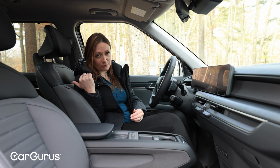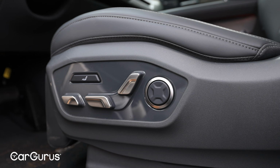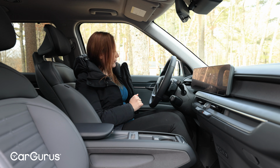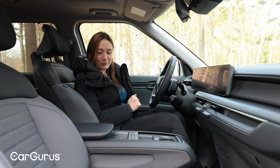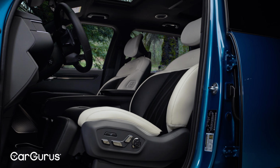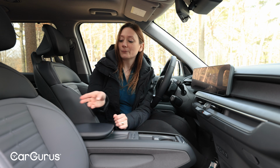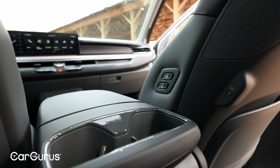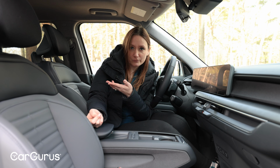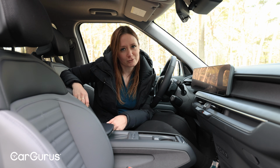Both front and second row seats are heated and ventilated, and these seats are highly adjustable. I can move them in all kinds of ways, which I really appreciate, and memory will come in handy to get them right back where I want them. The driver's seat has a little leg rest that can come out so you can take a nap while you're charging if necessary. Passenger seat doesn't have that, but what it does have is controls on the side so the driver can tilt it forward or move it forward to make room for someone in the second row if they want to